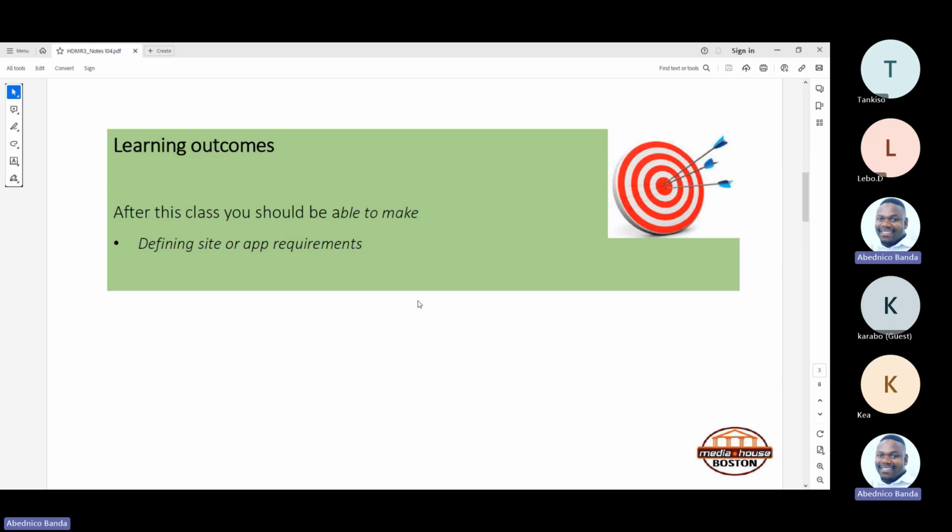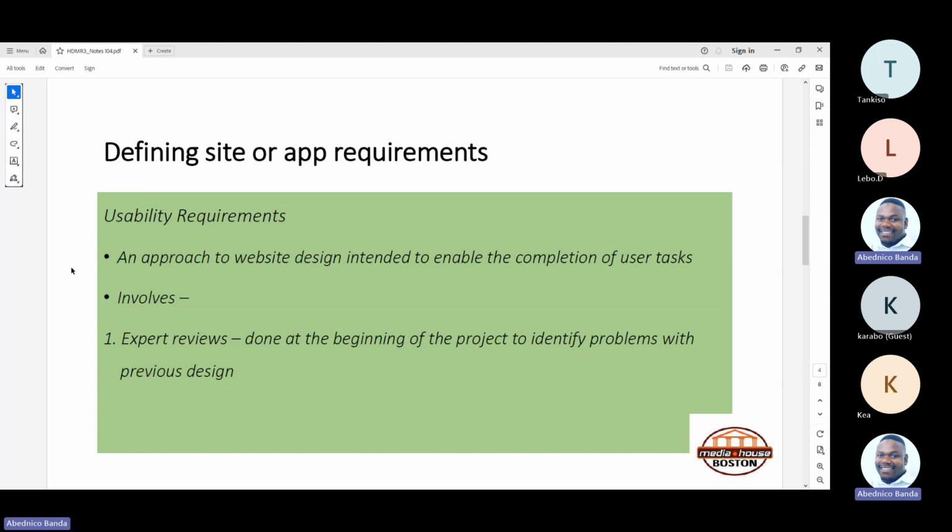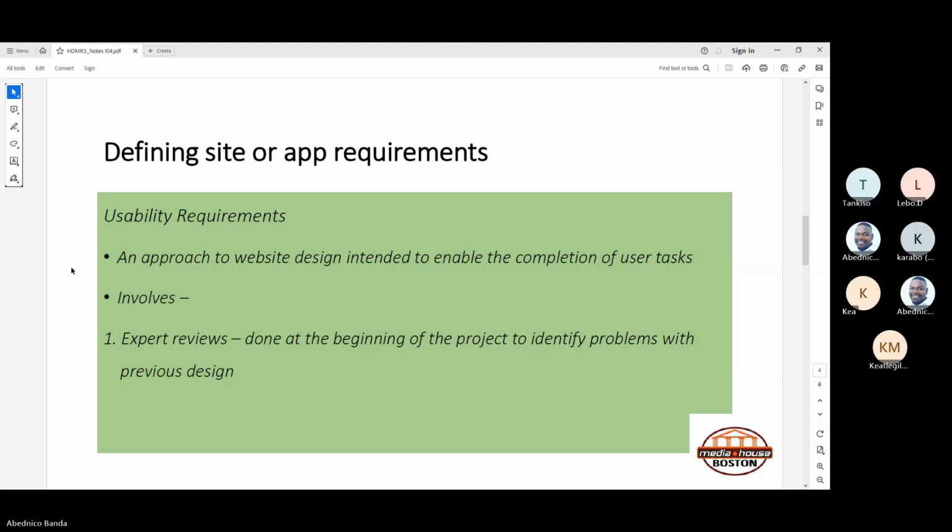So with this lesson, we are going to continue and we are going to look at usability requirements. So this is an approach to website design intended to enable the completion of user tasks. So there are so many tasks that we normally put on the website. A usual one that I can give you guys would be the inquiry form, where they say contact us and